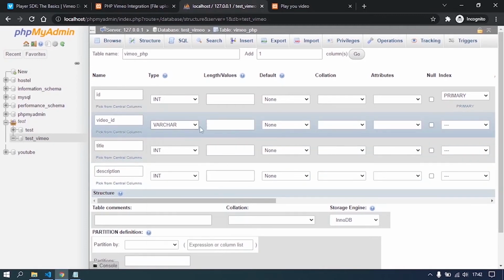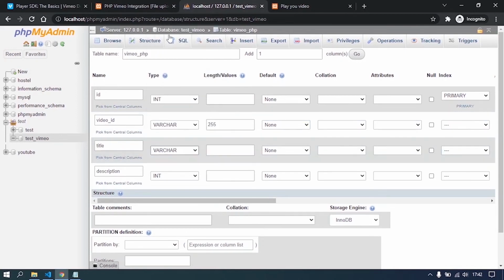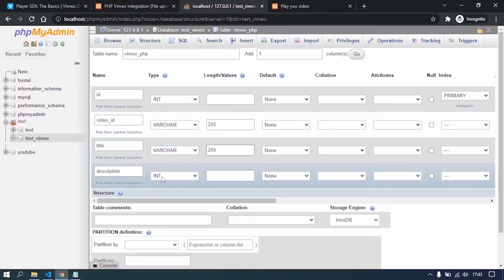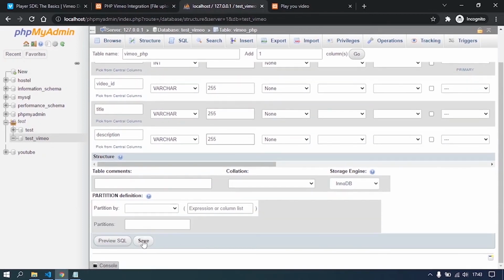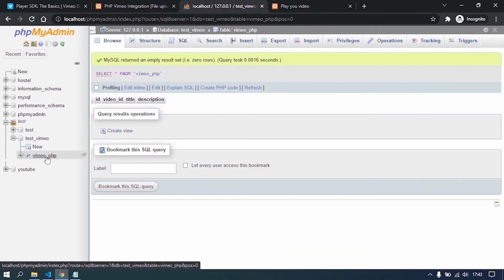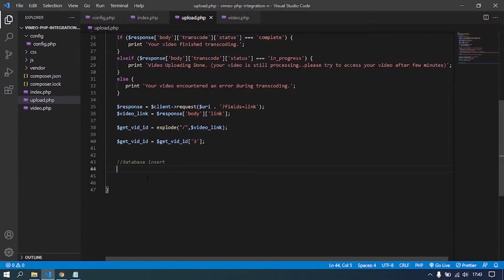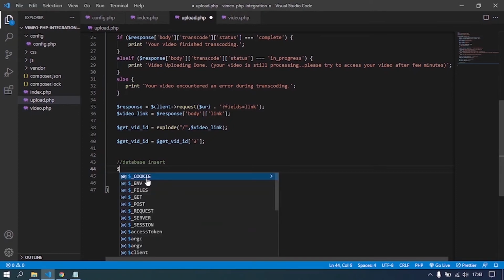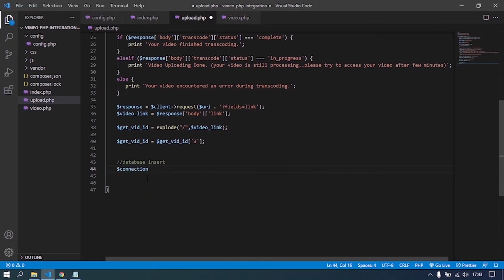Video ID is a varchar. That is a variable character. In a similar way, the title and the description, and click save. So in this step we created a Vimeo PHP table that will contain video ID, title and description column fields. So just copy this database name. From here we need to create a connection variable that will establish a connection to the database,